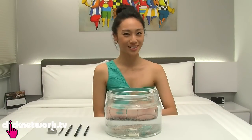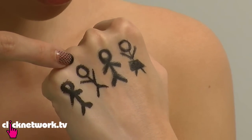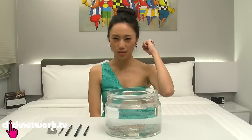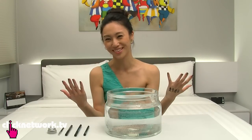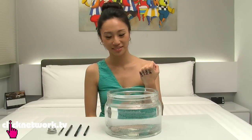Okay, we're going to do a fun test now. I say we because I have my little men! This one is the Maybelline one, this one is the K Palette, and this one is Brow Lash, and this is Kate. I gave her a skirt. So this test is for the people who, when you go swimming, still want to look pretty and still want to have your makeup on. So we're going to test if this eyeliner is going to stay on your eyes. Ready? And...